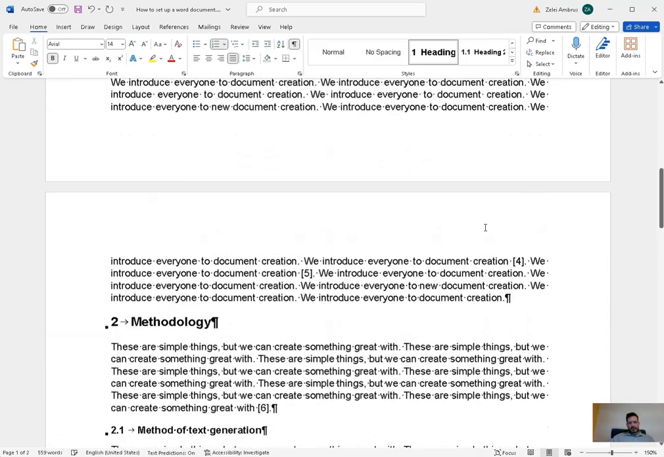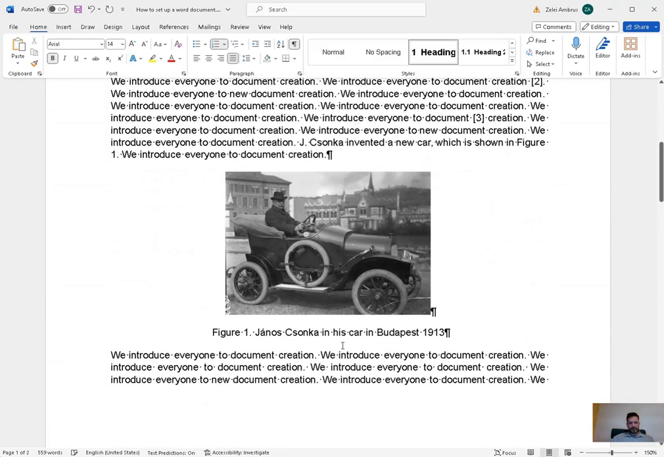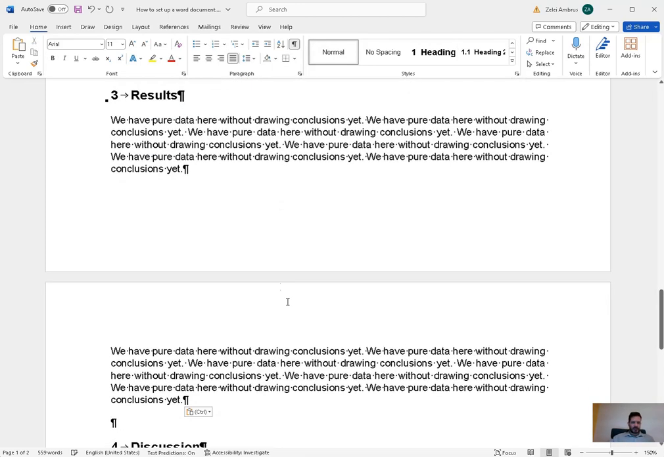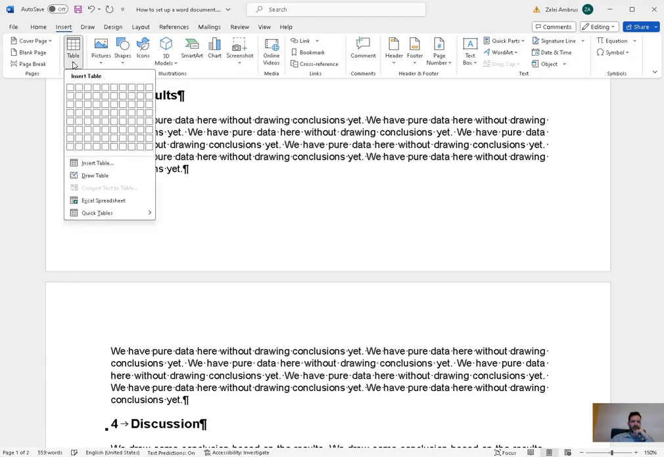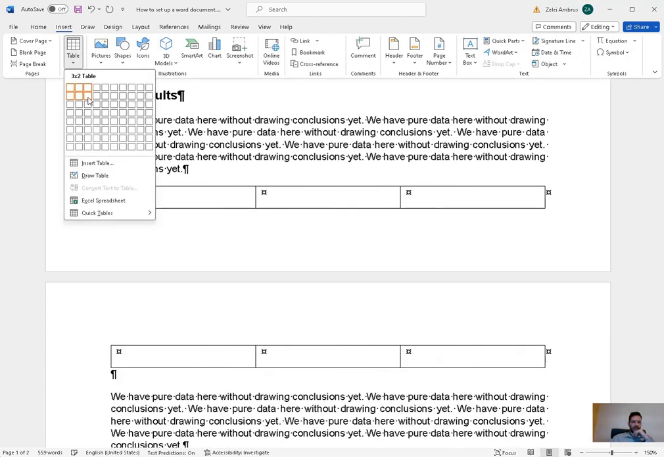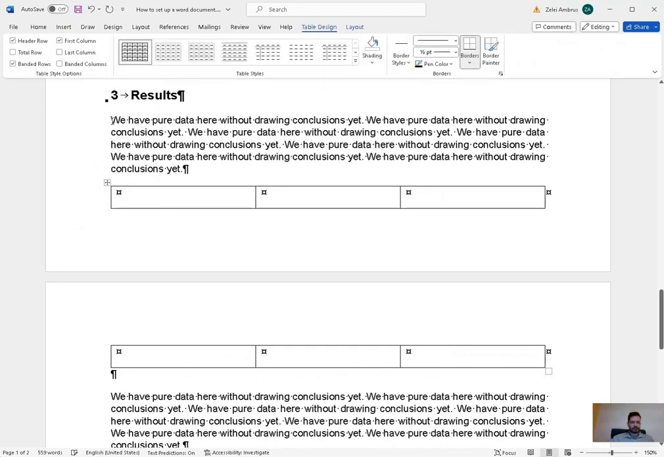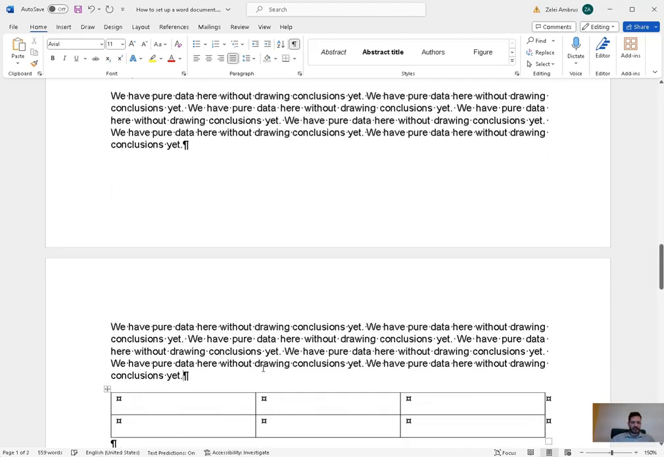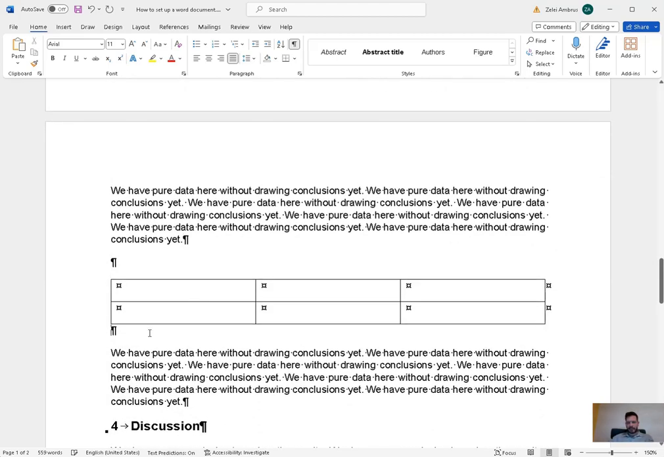and probably we will insert also tables, but tables are going similarly like the figures. So let's say in the results section we will have some tables. So here we are just having some extra paragraphs, and let's say here we have some table. We are inserting a table. We will not fill it up with data. We are just creating an empty table. Yeah, some text, and again the table should have some kind of